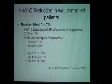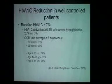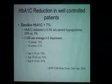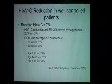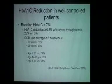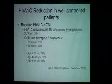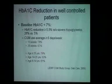And also at the end of the 6 months, there were more patients in the CGM group that still had a target A1C, versus in the control group there were more patients that had the A1C gone out of the control range. Again, breaking into by age